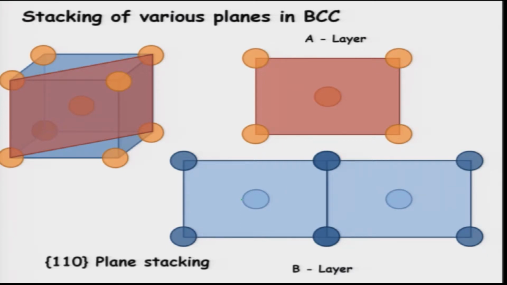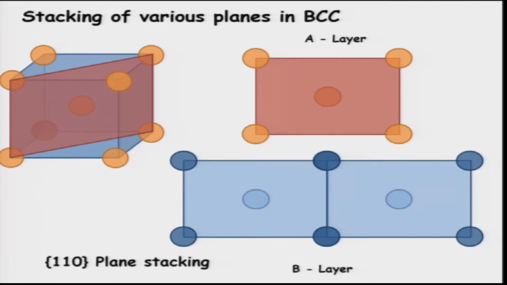I have drawn two of these. There is nothing to do with the number of atoms. It is just how this second layer is oriented with respect to the first one. So, in this second layer, these two atoms are oriented just along the line of this center atom. Is there any third layer? So, let us go back. If you look at it, this is one layer, this is another layer, and the third layer is this one.